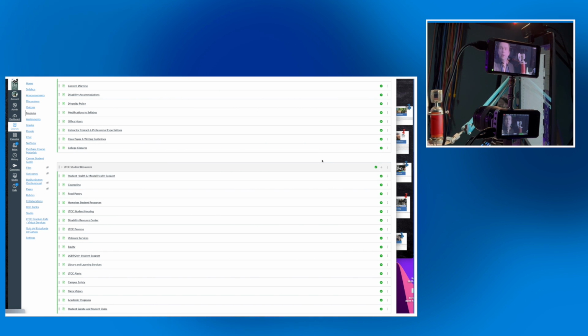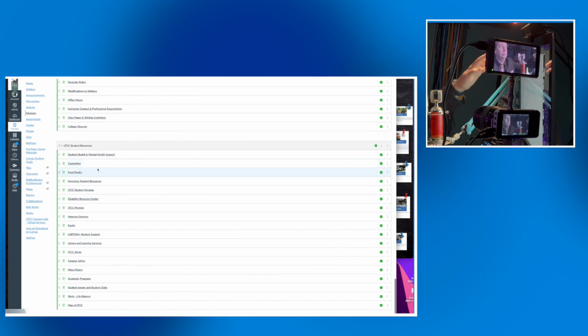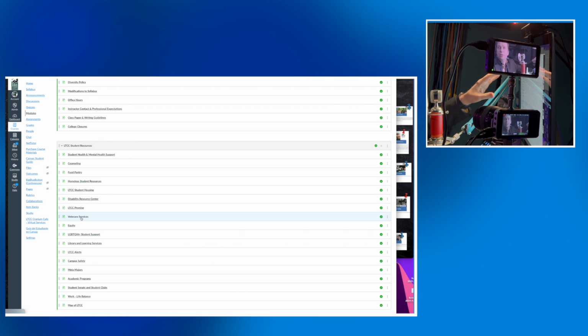Of course, I can always re-import something from Canvas Commons. If you do that, by the way, if I re-imported this exact module, and let's say I changed some of the pages in here, Canvas will overwrite those. So it's important to note that, because if you re-import something, it will erase the previous version. And I think there's a warning in Canvas Commons on some of the imports when you do that.